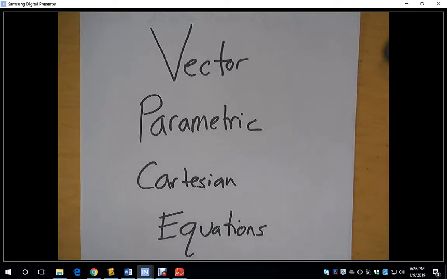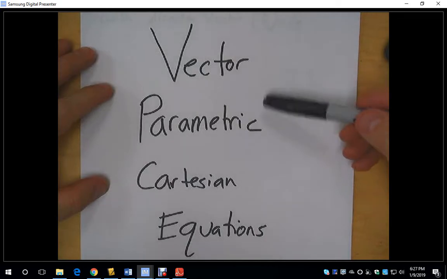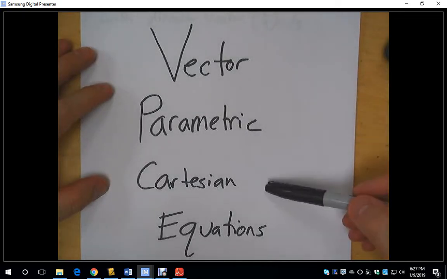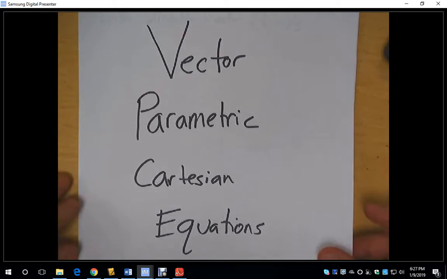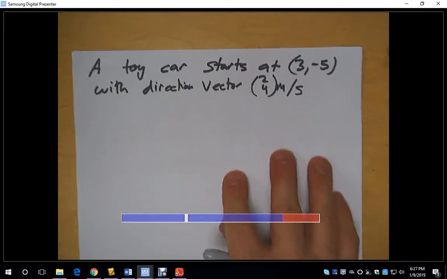I'm going to cover three different kinds of equations in this video. One is vector equations, another is parametric equations, and then Cartesian equations. I'm going to try to describe these three different kinds of equations by using this example of this toy